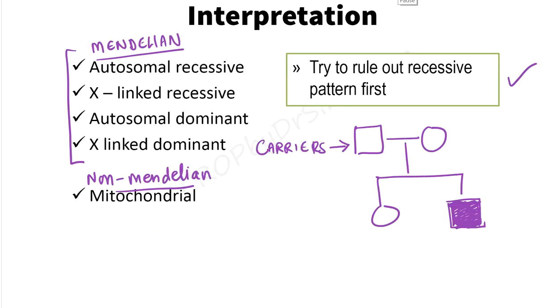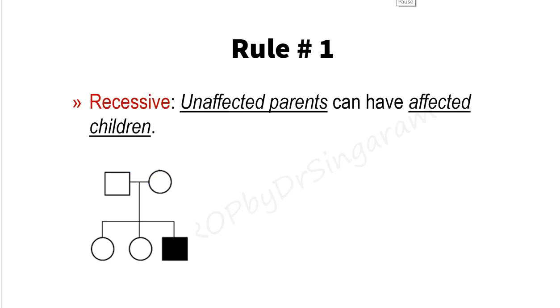So as you could see, how they put up the recessive pedigree, they will show the parents as normal, or carriers but shown as normal, and their children will be affected. So that is why our first rule in interpretation of pedigree is this. Rule number one is for a recessive pedigree, wherein you interpret that unaffected parents can have affected children. Please remember, even though I am using the word unaffected, I am actually referring to the carrier parents, which you can very clearly see in this picture.